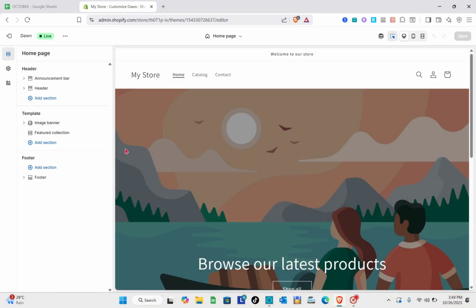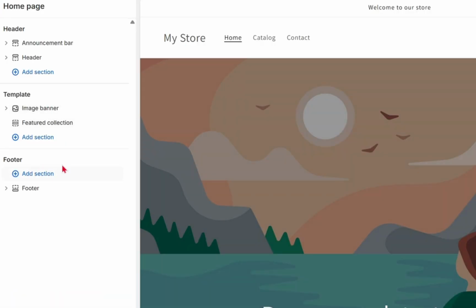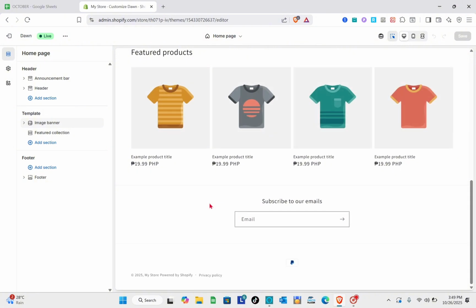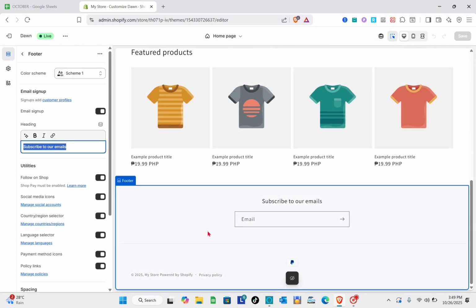All right, so once you're here at the left side, you'd be able to see here the footer section. So all you have to do is to click on it, all right, or scroll down all the way to the bottom, and this is your footer right here. Now, to customize this one, all you have to do is to click on it, and then you have here